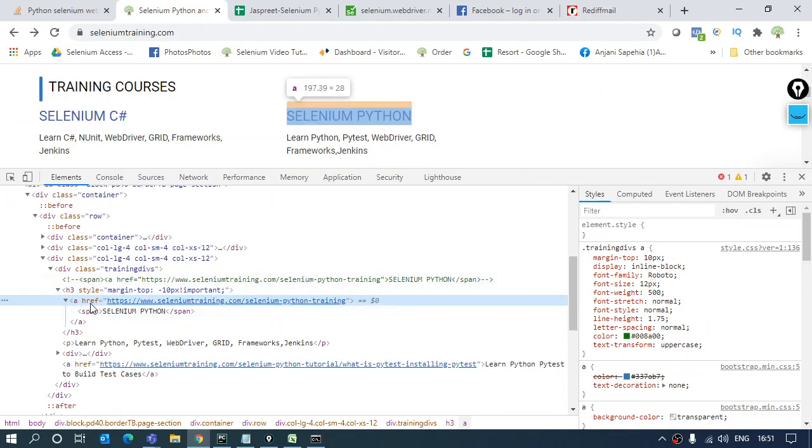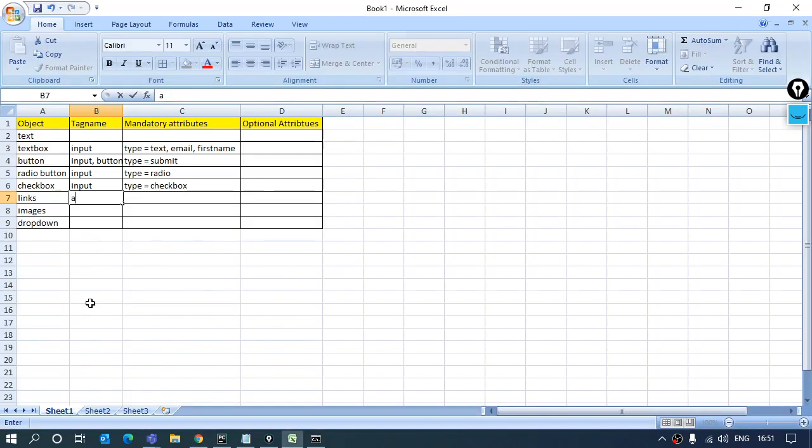It could be blank. It's not that it cannot be blank. It could be blank as well if the page is not going somewhere else, if it's on the same page. It could be blank. But this is the mandatory attribute, which will have href as the value, which will hold the value of the next page, or it could be blank.